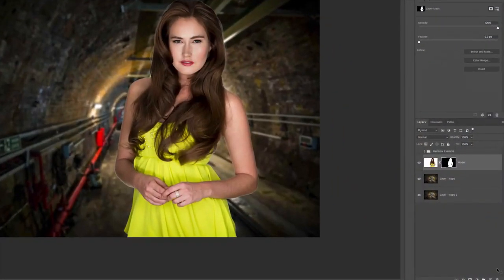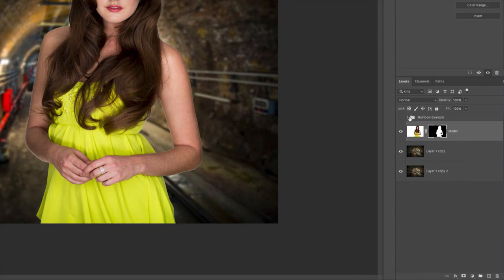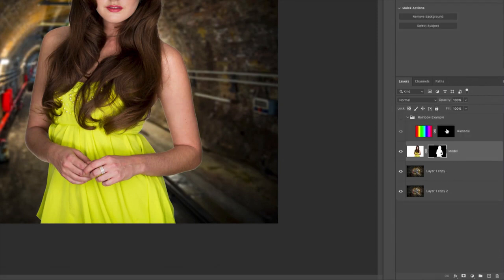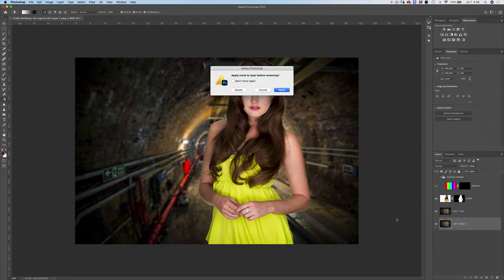So I'm going to just zoom into my layers palette here because I want to choose my rainbow layer. Let's select the rainbow black mask and we're going to drag it to the trash can and just delete it.